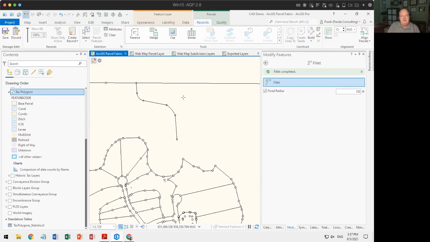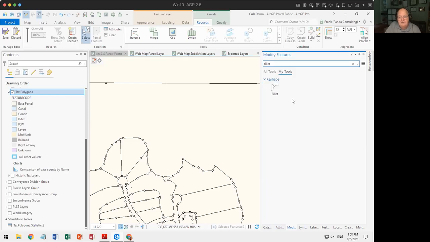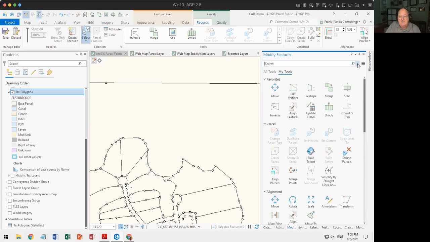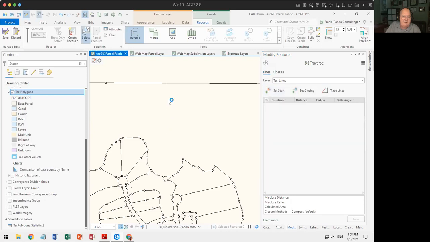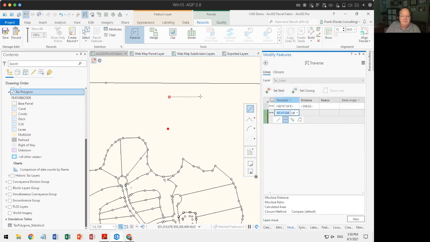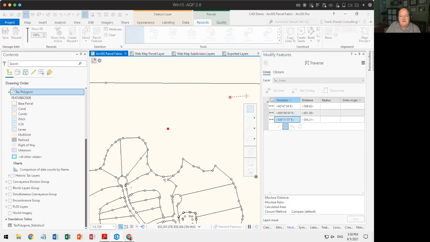If you're doing an open traverse and you've adjusted it to fit correctly, that's a good way to solve that. Still have a couple of minutes, so let's show you a couple more tricks in here. Let's go back to my traverse tool. Let's get rid of that. I go to my traverse tool, do tax lines in here, and I'm just going to quickly, for safety's sake here,